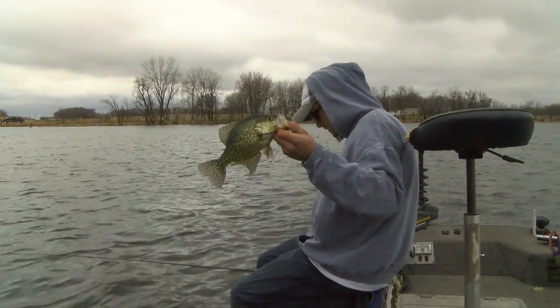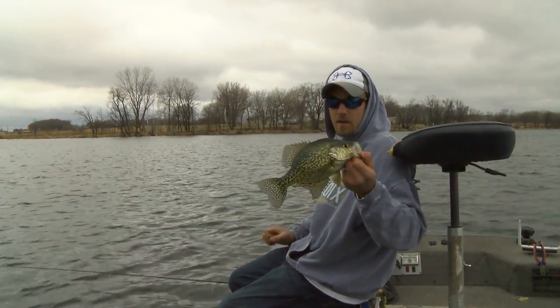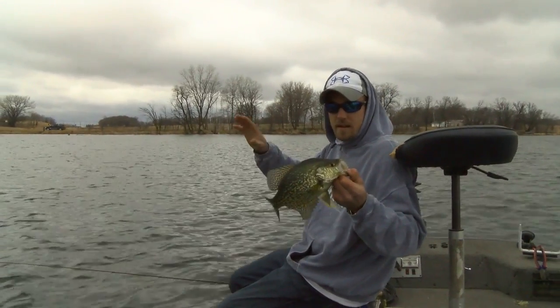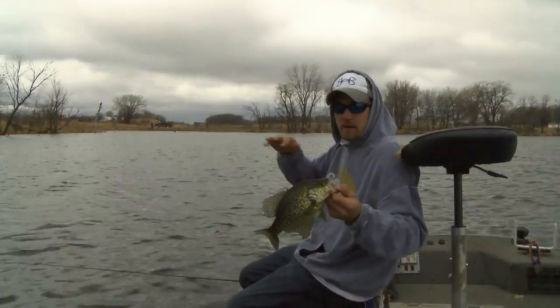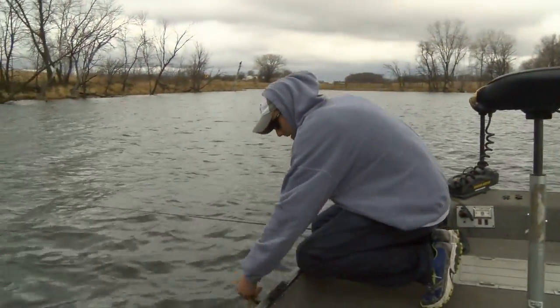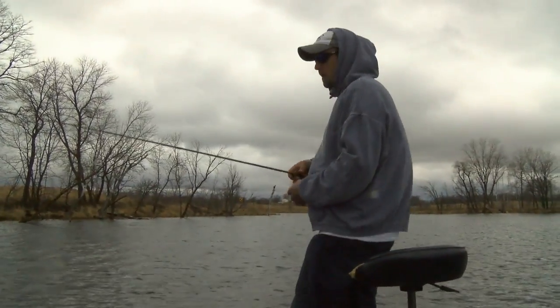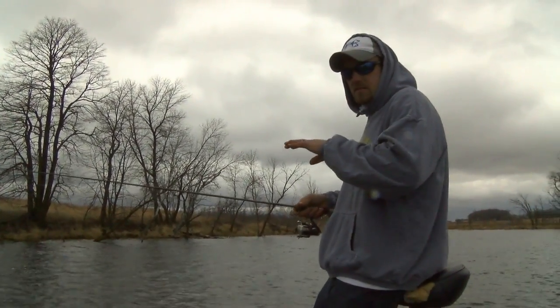The tube, just like we were doing last spring. It is early season. I'm talking real early season. It's middle of April out. These crappies just moved into these back bays, up shallow. Water's still cold, but it's starting to warm up a little bit, and these fish are starting to get on the bite. And what we're kind of looking for here is we're testing the waters, because this time of year can be